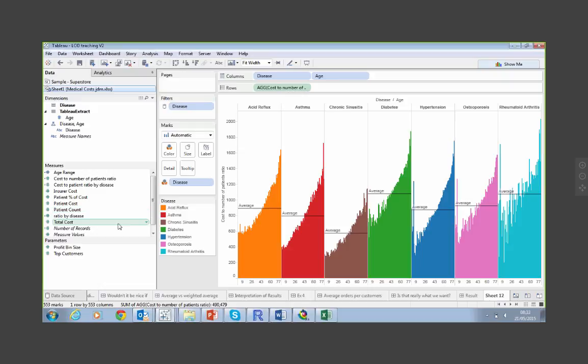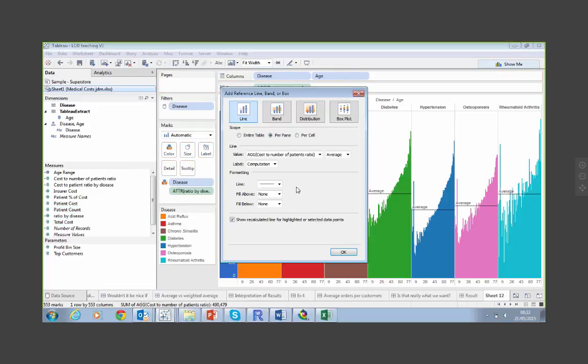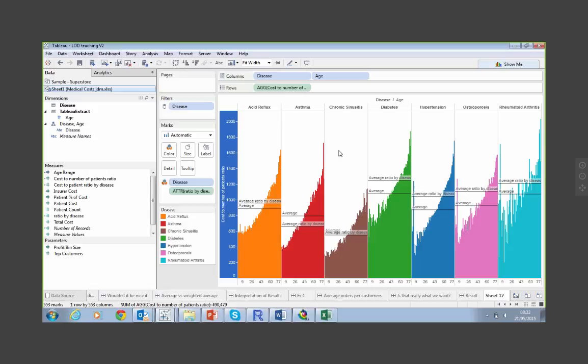And so now, if we just add that to the viz, add it as a reference line, the ratio by disease, now you'll see that that actually gives you a different result because it's not considering the age in the view. So this is something that we never could have done before with only table calcs, because table calcs always would aggregate on top of the data in your view, and they could never ignore something that isn't in your view.